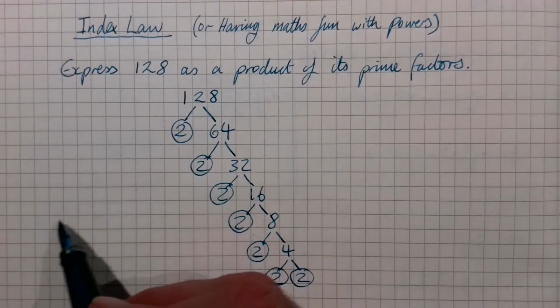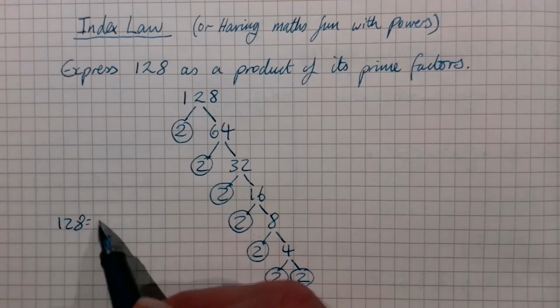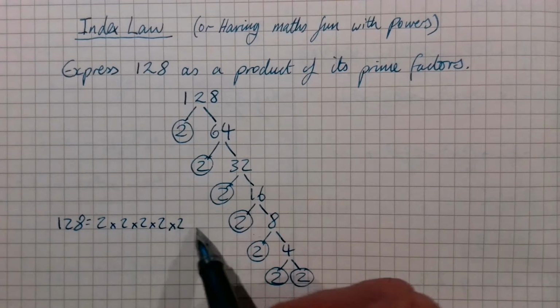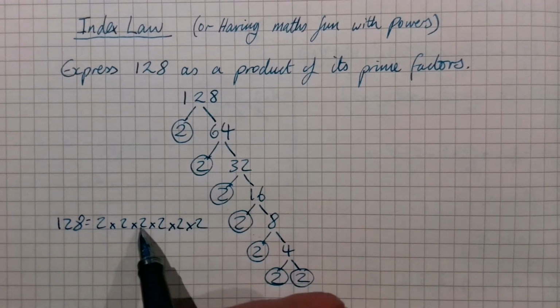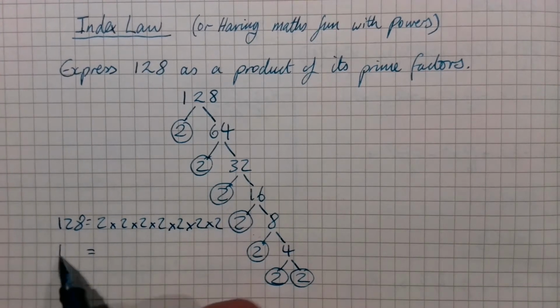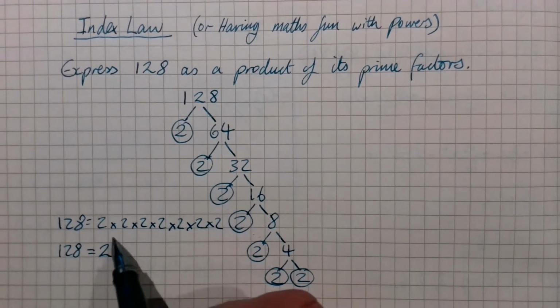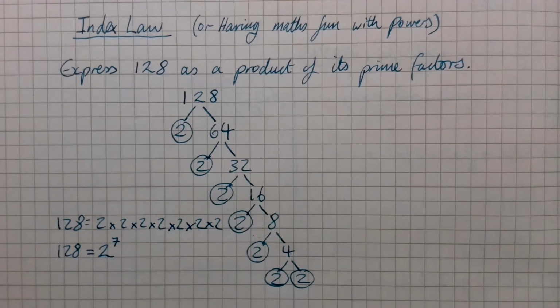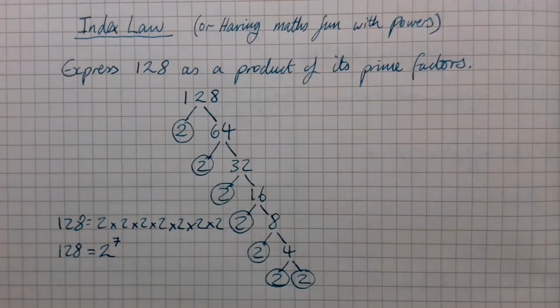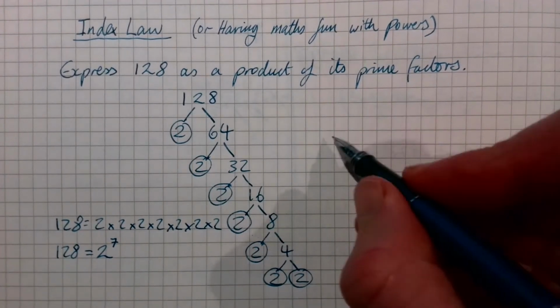So we could say 128 equals 2 times 2 times 2 times 2 times 2 times 2. I'm going to run out of space here, aren't I? No, I've just got room. Times 2, or 128 equals 2 to the power of 7, which brings us on nicely towards our first rule. And our first rule is